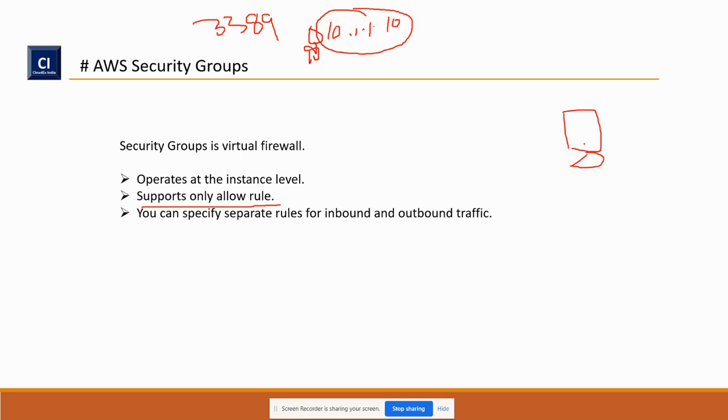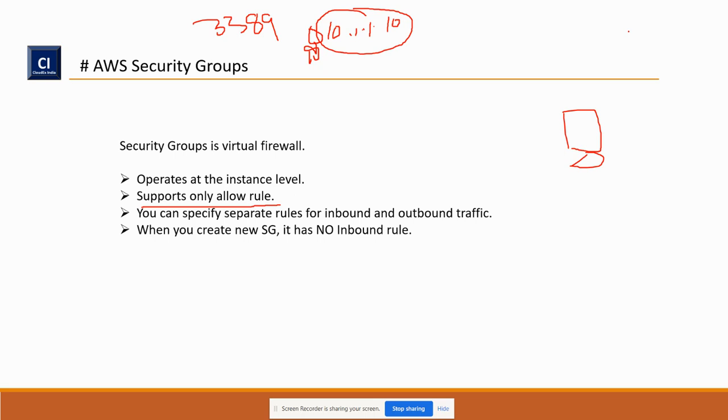And the other option is outbound, meaning from your virtual machine, what other resources or which system you want to access. Do you want to access any database? Do you want to access the internet or whatever, right? So when any request leaves your system, that is known as outbound, and when any request comes to your system, that is known as inbound. So from outbound and inbound you can configure the security rules or open the firewall ports.